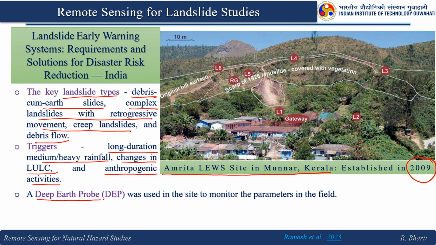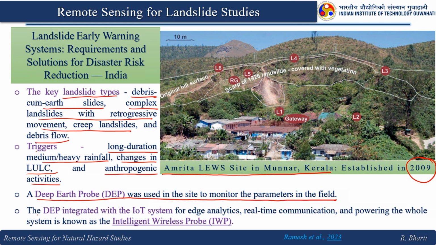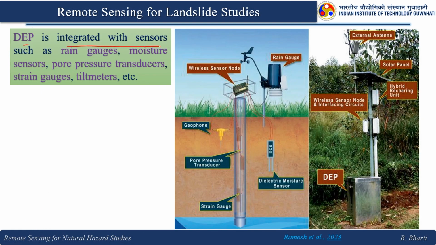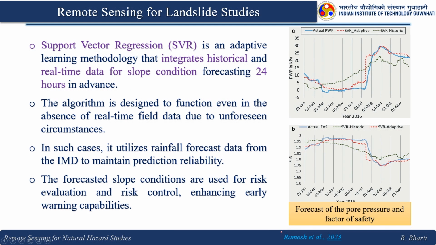A deep earth probe, DEP, was used in the site to monitor the parameters in the field. The DEP integrated with the IoT system for edge analytics, real time communication and powering the whole system is known as the Intelligent Wireless Probe, IWP. The DEP is integrated with sensors such as rain gauges, moisture sensors, pore pressure transducers, strain gauges and tiltmeters, etc. So, these are some of the photographs available in their paper, and they have used the support vector